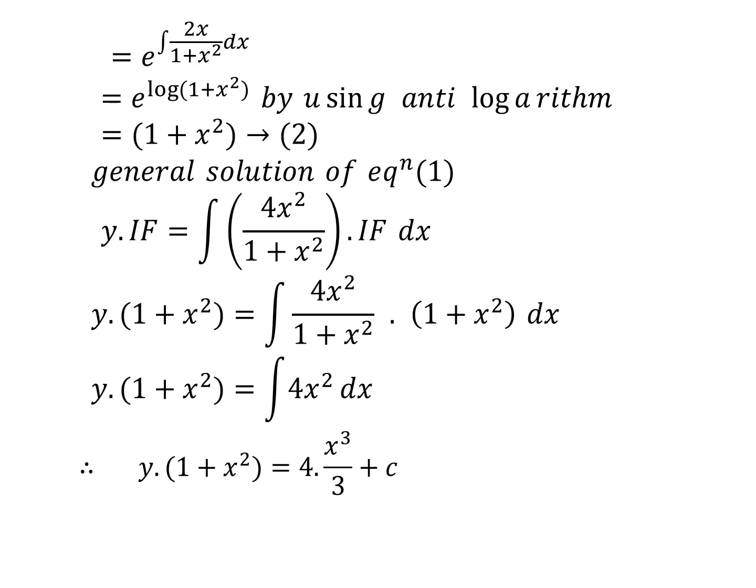We're going to start this slide. In the previous slide, we started to prove the integrating factor. The formula of the integrating factor is e to the power of integral P(x) dx. If you compare equation 1 to the standard form, then we get the values of P(x) and Q(x). Here P(x) is nothing but 2x/(1 + x²). So that is how we got e to the power of integral, where instead of P(x) we replace the value of P(x), that is 2x/(1 + x²)